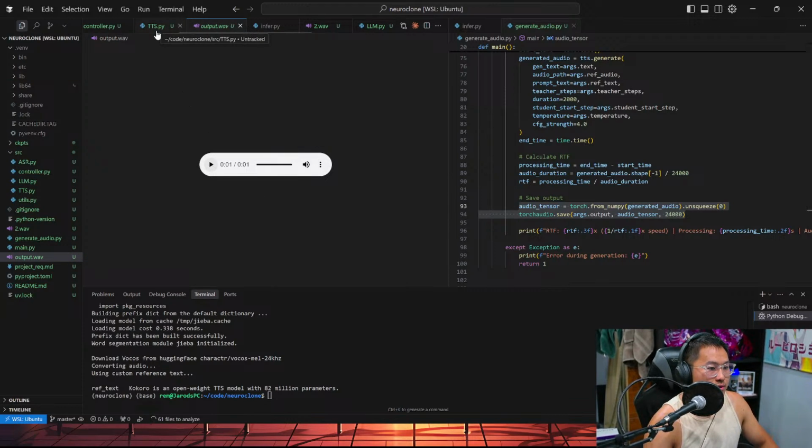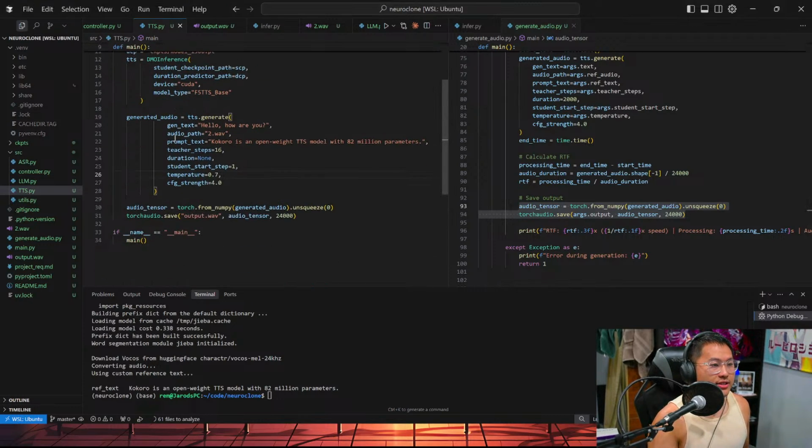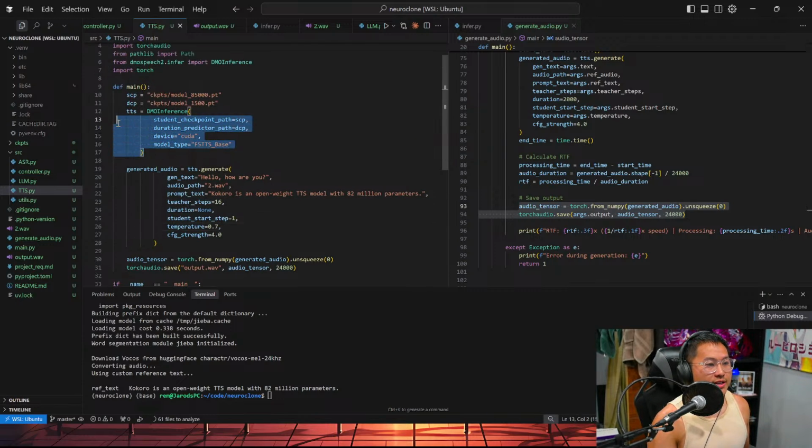Hello, how are you? Okay, so cool. The DMO Speech does in fact work here as a package, and I'm not really going to question too much of what Claude Code did here because I don't think it's going to break anything. So yeah, we got the TTS working. It can be instantiated like this, pass in a model, and it seems like it works. So yeah, we'll see.